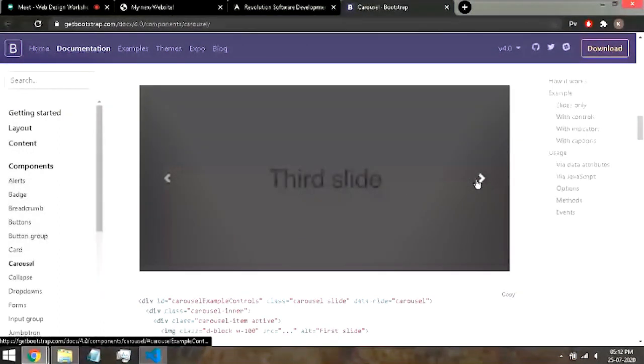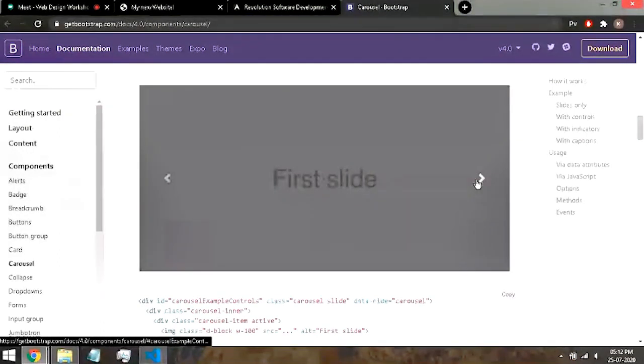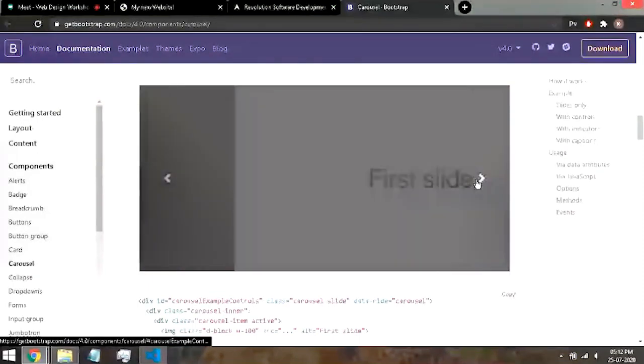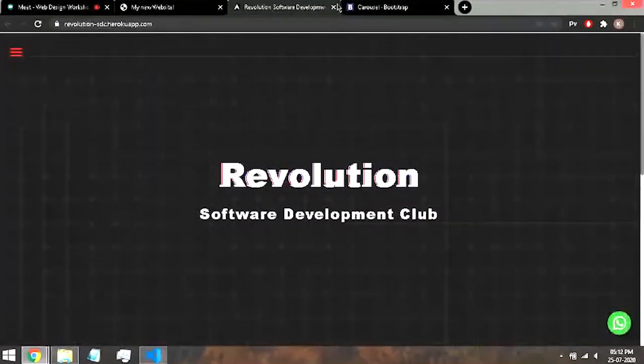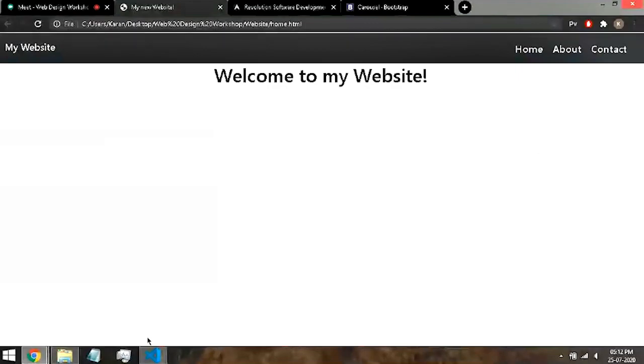This is a carousel. This is normally present within production level web applications. And yeah, so we can navigate through the slides. So now we will be adding a carousel to this.